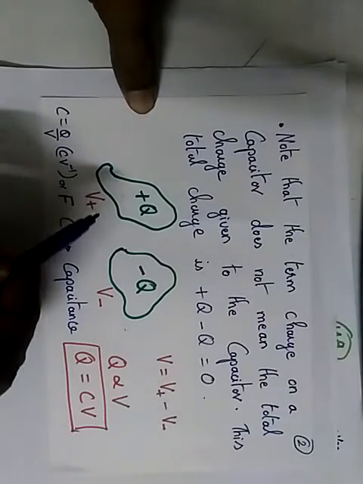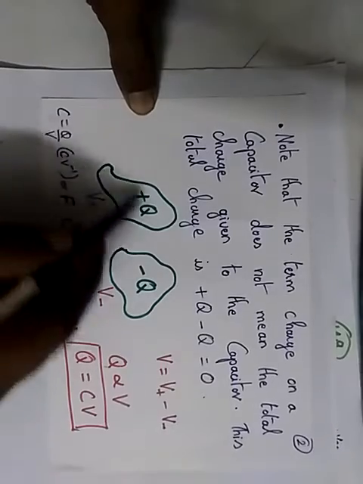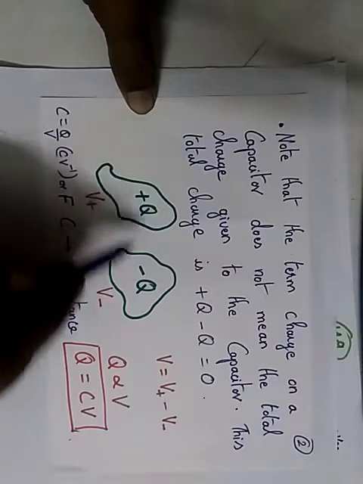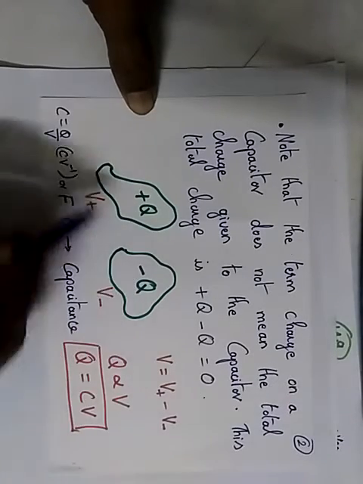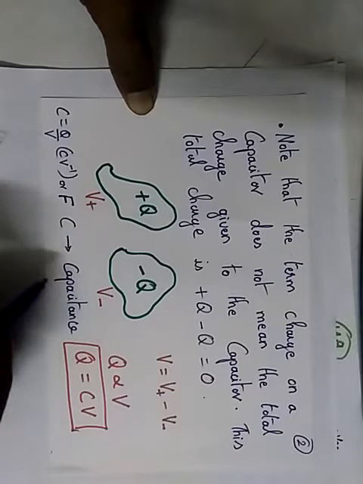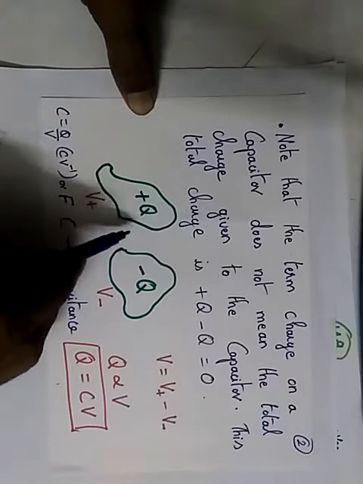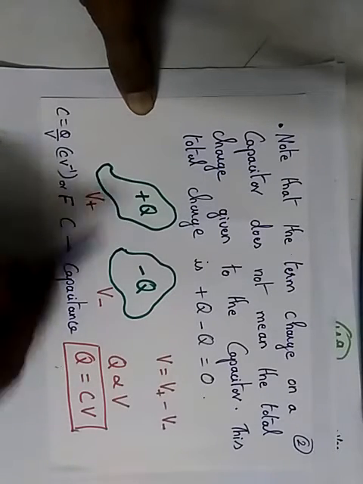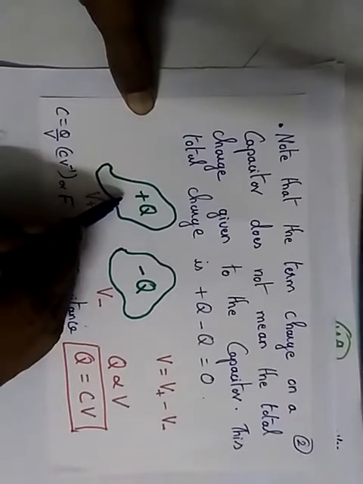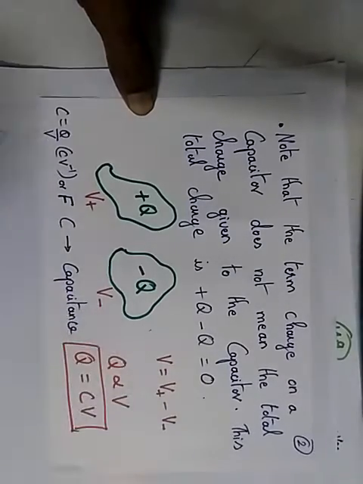Now coming back to the basic definition of a capacitor, you have two conductors. It can be any shape. This is one conductor and you have another conductor. This is with the charge plus Q and this is with the charge minus Q. And this is with the potential V plus and this is with the potential V minus with respect to some reference, say 0. Now the potential between this plate and this plate is the potential difference measured in volts. That is V, which is equal to V plus, higher potential, minus V minus, lower potential. That gives the potential difference.